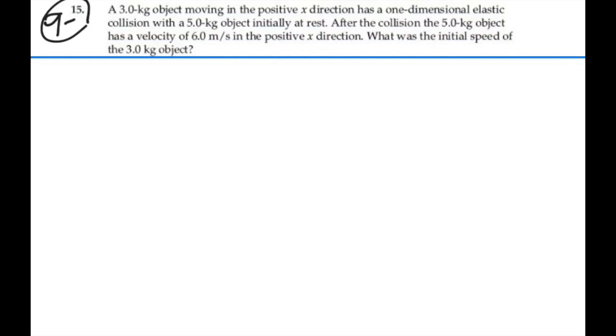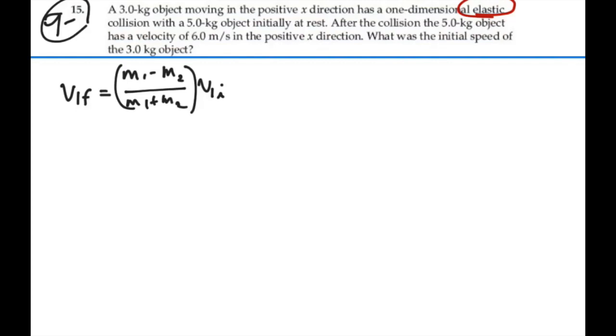Again, our key here is that this collision is elastic. And we have formulas only for elastic collisions that will give us the final velocities of the two combatants based on their initial velocities. In particular, V1 final is going to equal (mass 1 minus mass 2) over (mass 1 plus mass 2) times V1 initial plus 2 mass 2 over (mass 1 plus mass 2),